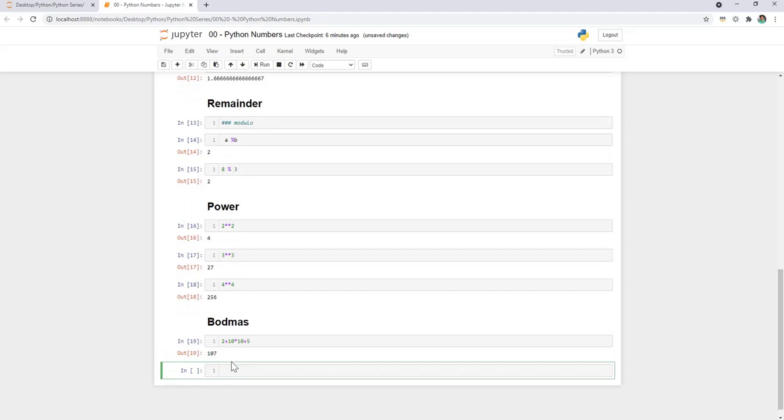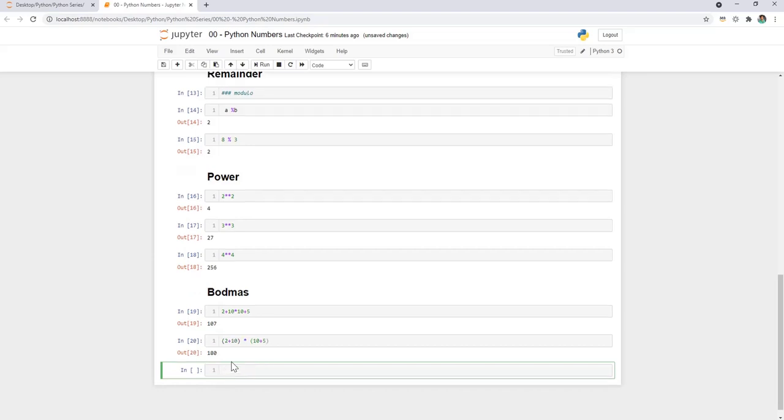But if we don't want the default multiplication-first order that Python follows as per BODMAS, we have to use brackets. For the same calculation, if we want to add 2 plus 10 first, we use a bracket 2 plus 10, then into, and bracket 10 plus 5. Then it will give you the result as we want. If we don't want to calculate as per BODMAS, we have to use brackets.